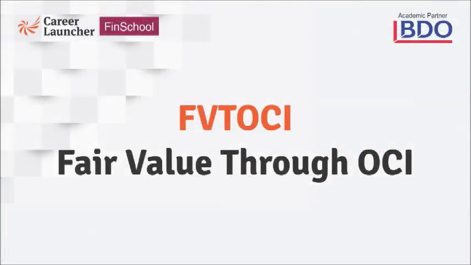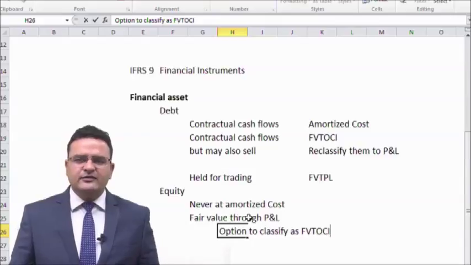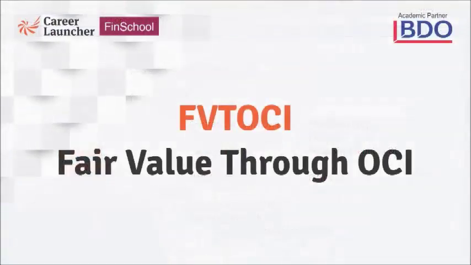Fair value through OCI, there is a separate statement within the income statement. The income statement is divided into two parts: one is the profit and loss account and one is other comprehensive income. If I talk in layman's language, the operating activities of the business, which are controlled by the chief executive officer or the CFOs who can control the day-to-day activities, their performance is measured through P&L. The events or transactions which are not in their direct control but happen because of being in the business,